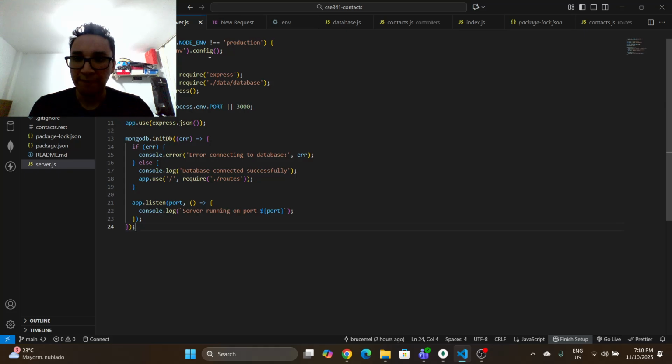So we have this part, and the port is 3000, and it's so important that you write everything okay, and we have the correct name of the file. So we can see in this part